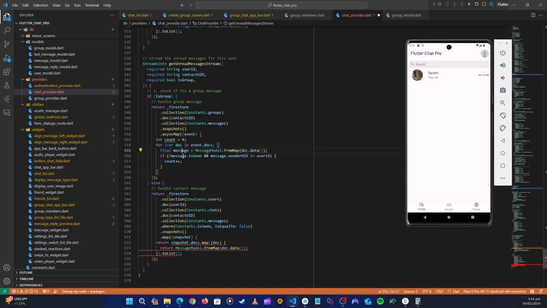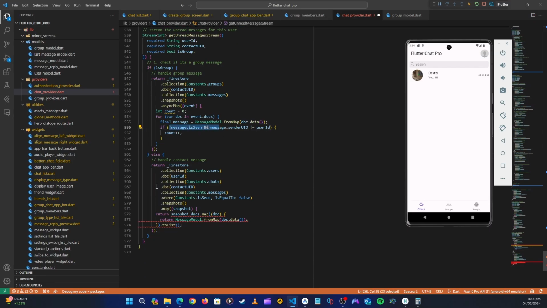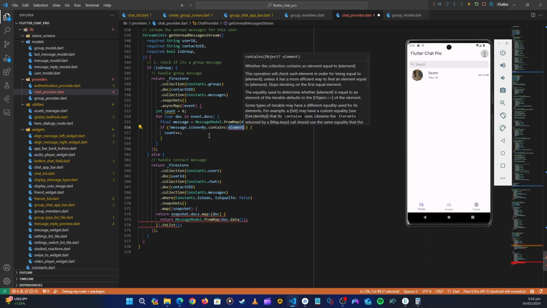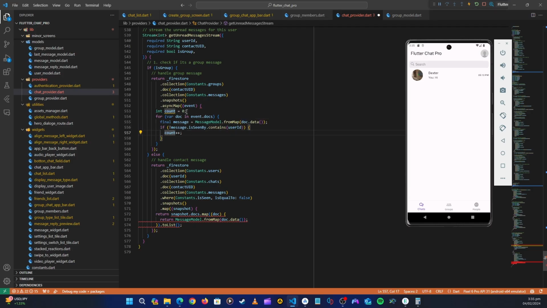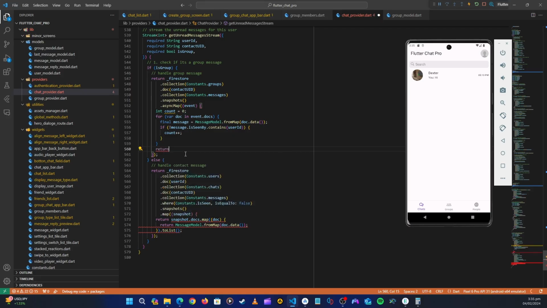Okay, now here on this message, this is seen by, this should happen if it's not a group here. But if it's a group, what we want to check is that new variable that we have created. So let's remove this. We want to check inside if message.isSeenBy.contains our UID. If it doesn't contain the user ID, then we did not see that message. We're just going to count this. The counter we're just going to increase, and then eventually after this for loop we will return the count